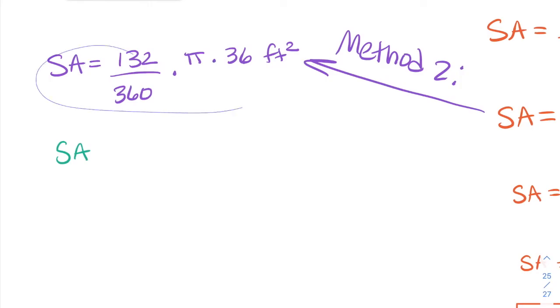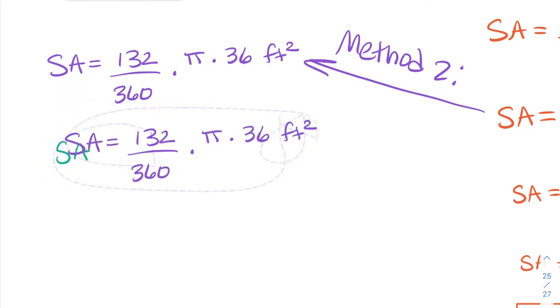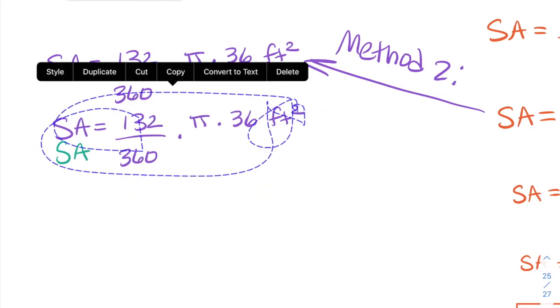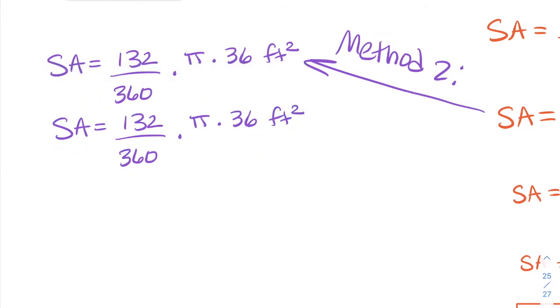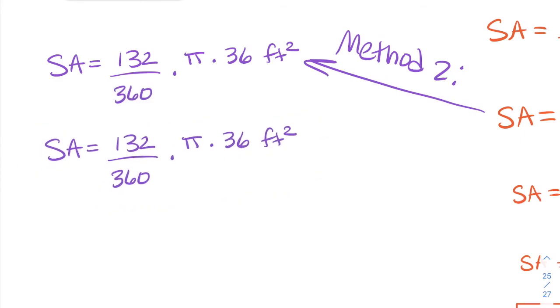Let me just copy everything here. Whoops, because I want to show you the math involved. Okay, whoops, that did not at all pick what I wanted it to. Okay, so I would have done